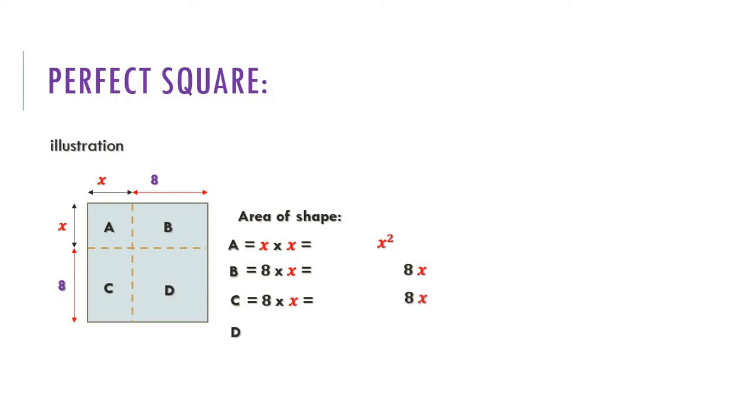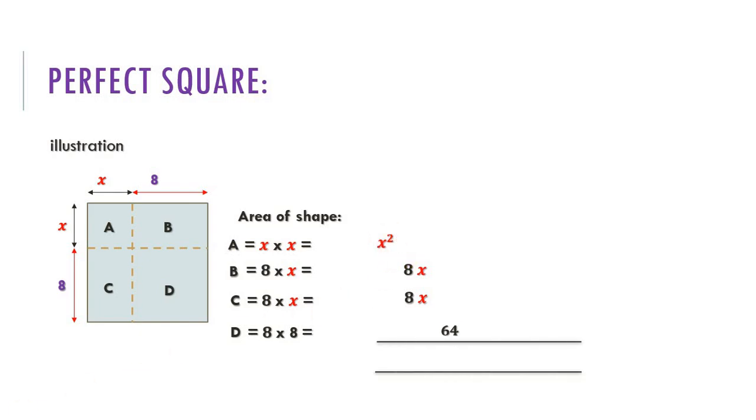And for shape D, it's going to be what? 8 by 8. Remember, this length is 8. This length is also 8. Look at the opposite side of B. 8. So this must be 8 as well. And so 8 by 8 is 64. Now when you add these areas together,